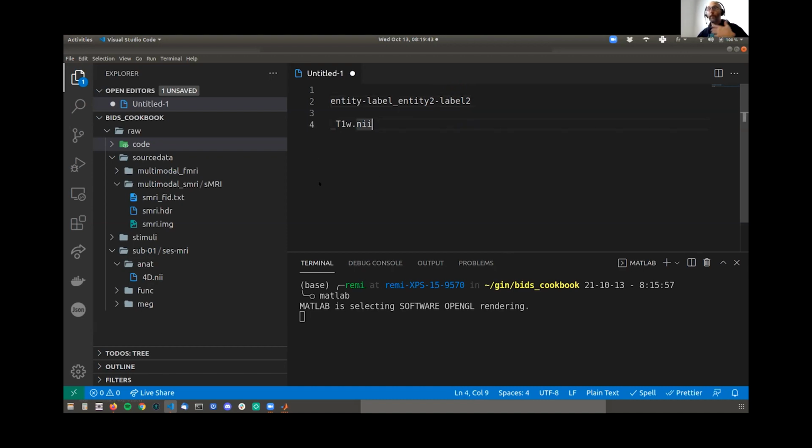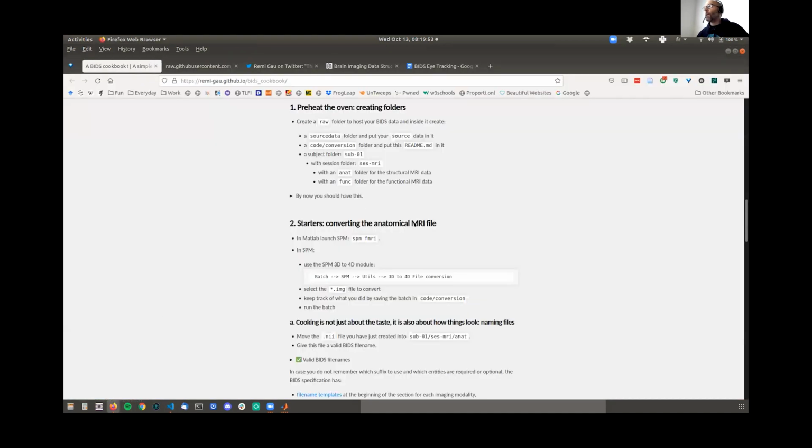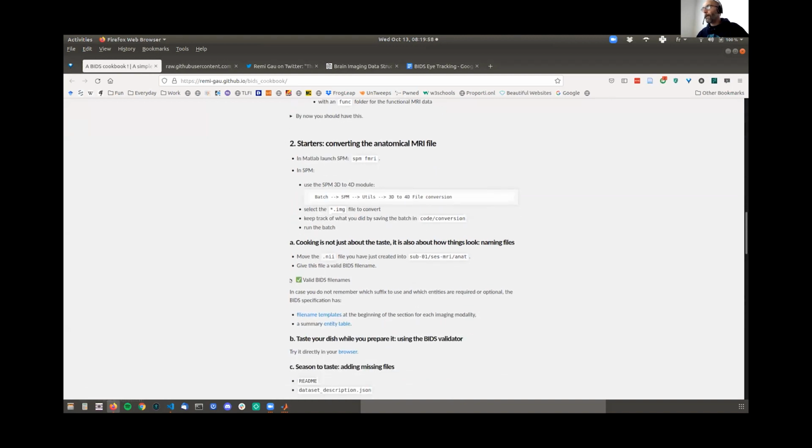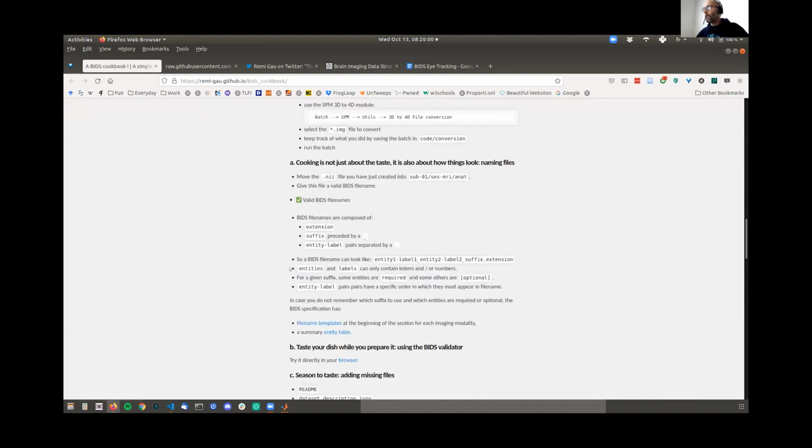Obviously, there are some constraints on what the entity names have to be for a given data type, like for a T1 weighted image. And if you want to know what entities you can use, all right. So this is what I was supposed to give you.